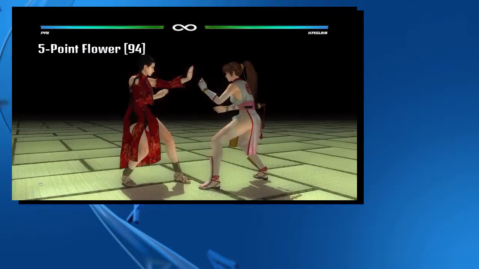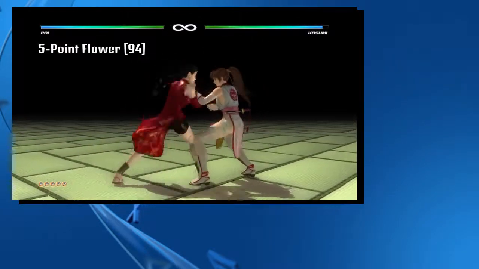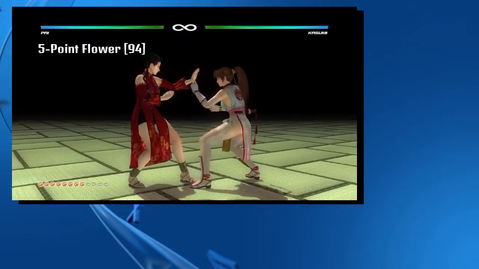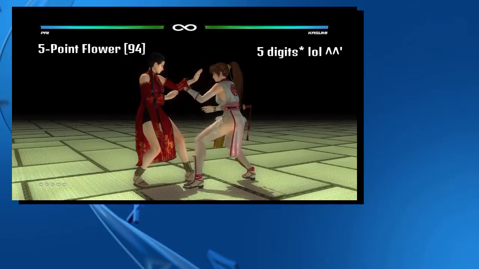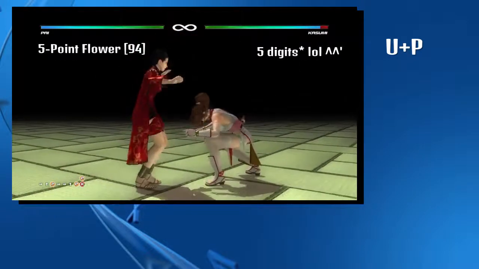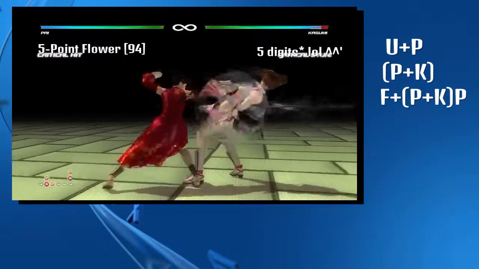The next one is called 5-point flower, and the reason I called it this is because it's got a lot of punch techniques or hand techniques in it, and the hand obviously has 5 fingers, so I called it 5-point flower combo. So basically, to do that combo, you do up punch to stun, then you do your heavy punch, then you do forward heavy punch to do this move,